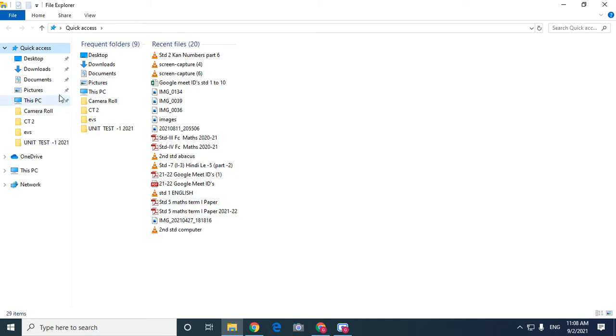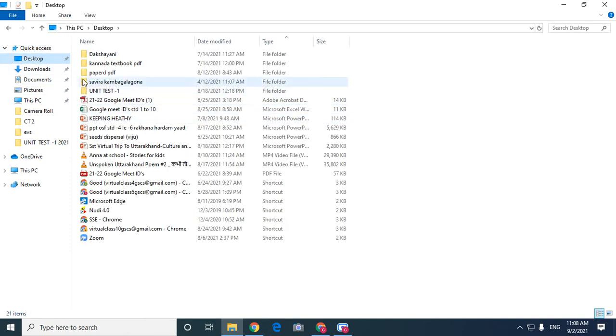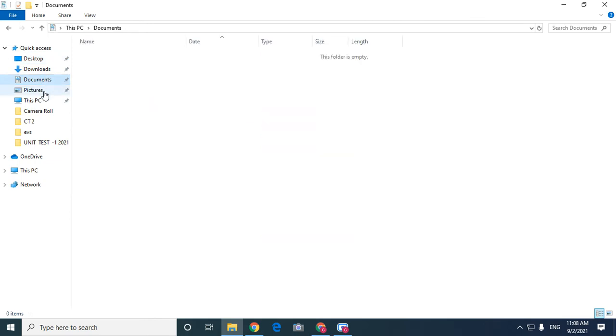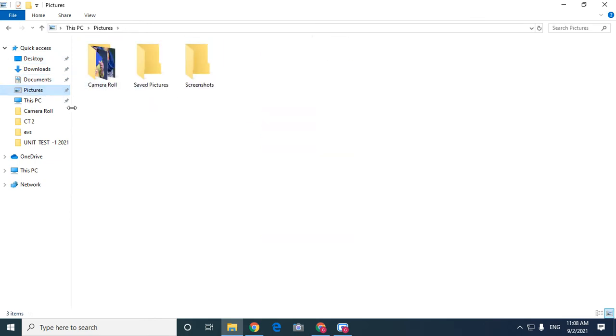Here you have many folders, such as documents and pictures, where you can create a file, copy, paste, or move a file from one folder to another. First, let us see the parts of File Explorer.